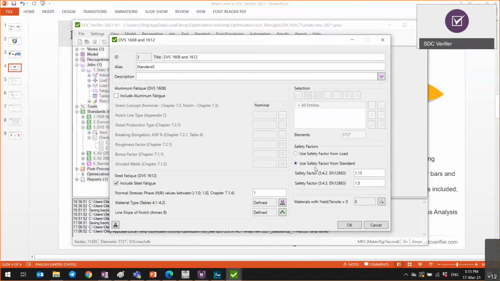The user is able either to get the safety factor from load sets, which he has defined during combining his loads, or use the safety factors from the standard, which could be modified. This is quite a handy option. We have been asked about this for several different standards. If you think that this is convenient also to have it, for example, for Eurocode static stress check or any